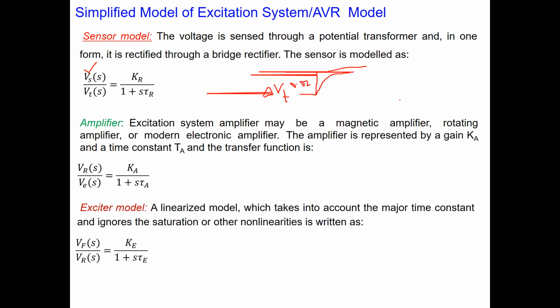So the sensor is actually modeled as a sensor model, where the input is your delta VT and the output is delta VS. For the step change you have here, what will be the corresponding change in the voltage at the output of the sensor? You get it like this. This is how we have modeled the sensor, as a first order model here. Similarly,